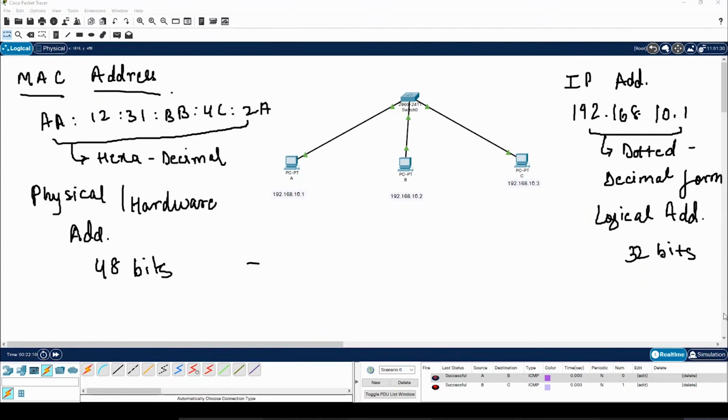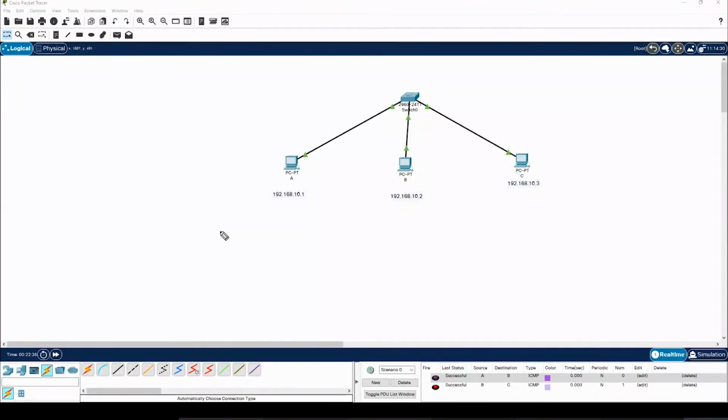So now let's understand how switch uses the MAC address to make communication between devices possible. Let's say the MAC address of PCA is AA. We are just taking this as an assumption. Then for PCB is BB and for PCC is CC. Now, why a switch doesn't broadcast everything, or how it determines whether the packet or the message is supposed to be for PCC or PCB.